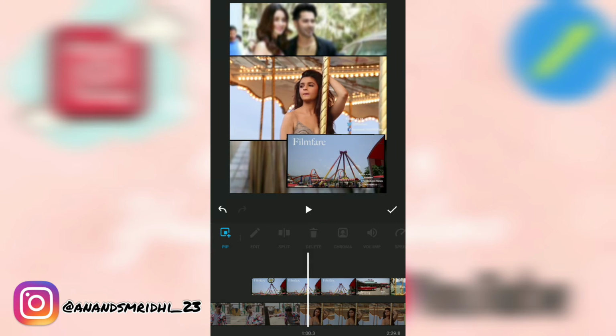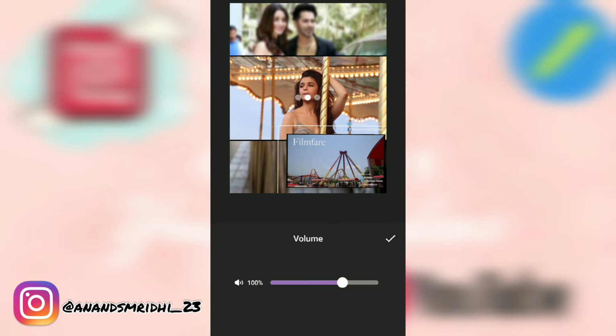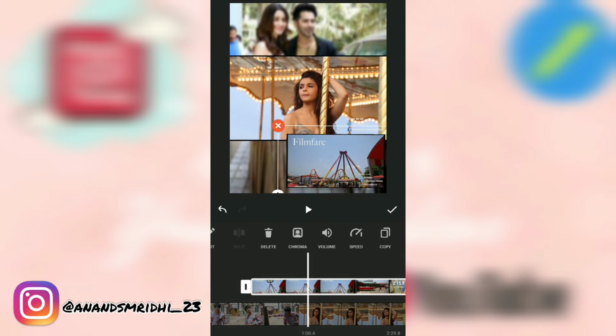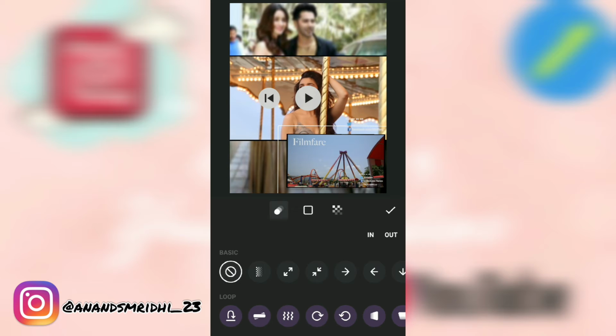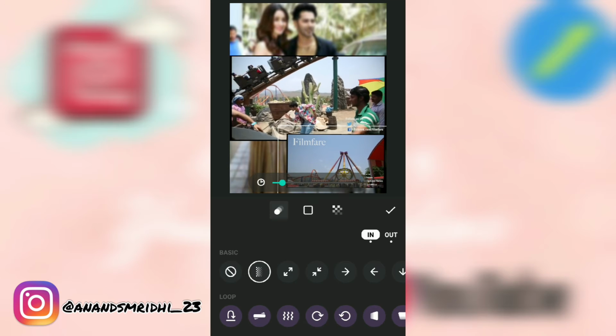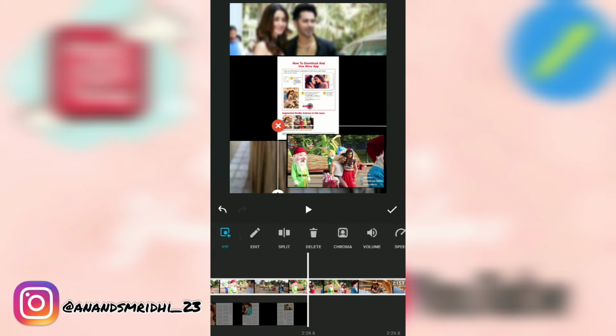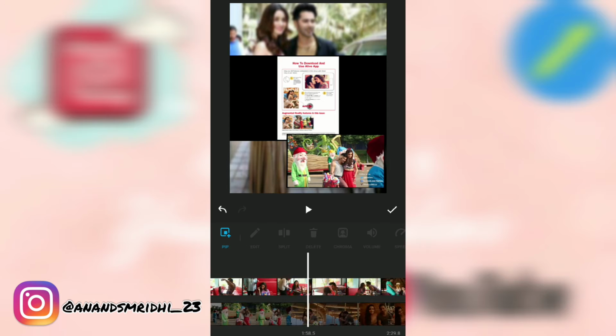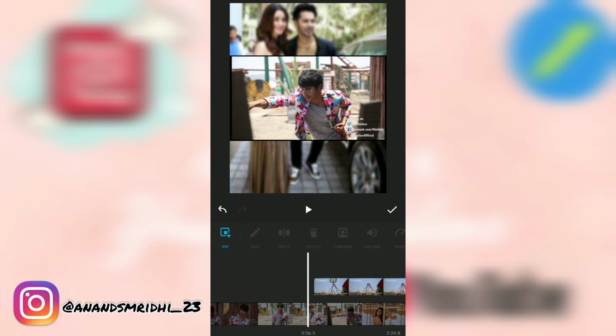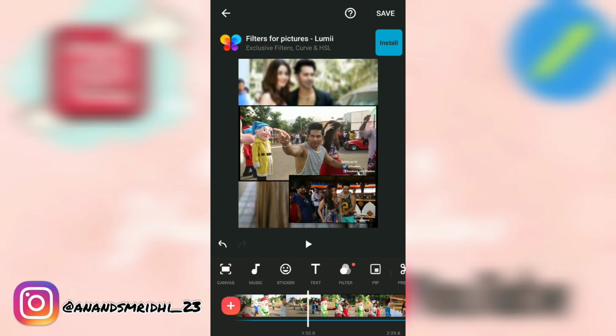As with the original video, you can edit this video also in InShot. All you need to do is just click on the options given above. You can either trim it, split it, you can mute the video, you can add transition to this video. After editing this picture in picture video, all you need to do is just click on the tick to save it. I'll be deleting it since I do not need it.